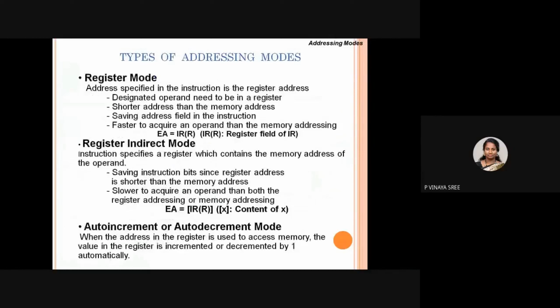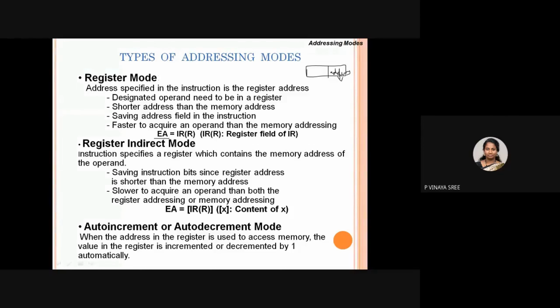See here, we have done with register direct mode. In register direct mode, whatever we have in the IR is the effective address. We need to find out about the effective address. The effective address is whatever we have in the instruction format. This address is that effective address. In this, it mentions the address of memory or the address of a register. In register mode, it specifies